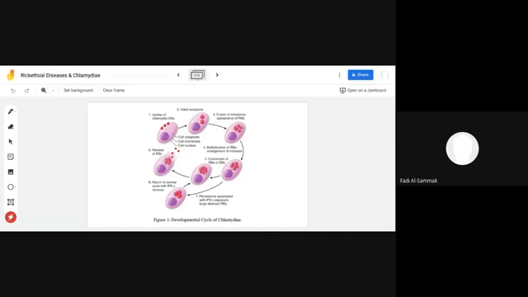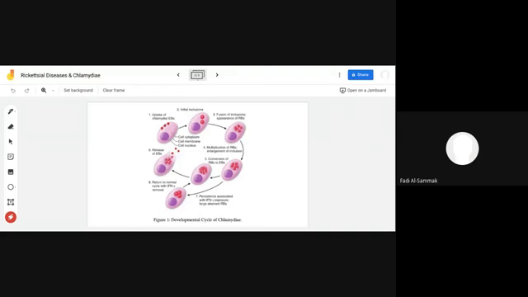Now, you should know something about the developmental cycle that you see now right in front of you. Here we have in figure 1 this diagram. What do you see here? You see the cycle of the chlamydia. They have a unique biphasic developmental cycle, usually characterized by 2 distinct developmental forms. Like we have seen in the C. burnetii, where we have phase 1, phase 2, here we have different things. We have, again, 2 distinct developmental forms of this microbe.